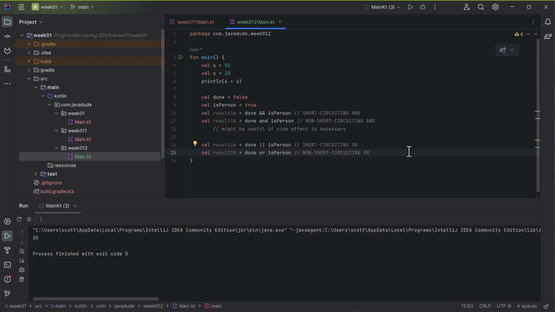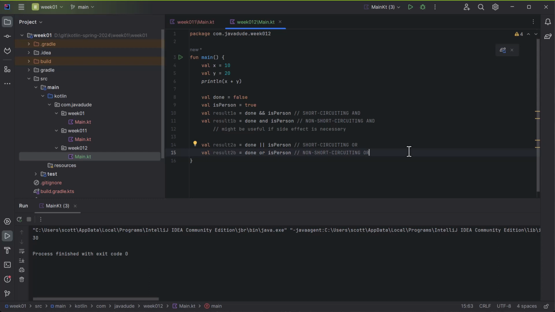This is something you don't see in too many languages. And as a matter of fact, I just learned about this today, that there's the spelled out AND and the spelled out OR. It shows you how often I've needed it. I've been coding all these years with it and never had to question it. But it's there if for some reason you want it. Hopefully you won't ever need that depending on how you write your code. I mean, if you're writing your code in a more functional style, you shouldn't ever have side effects like that. Okay, so